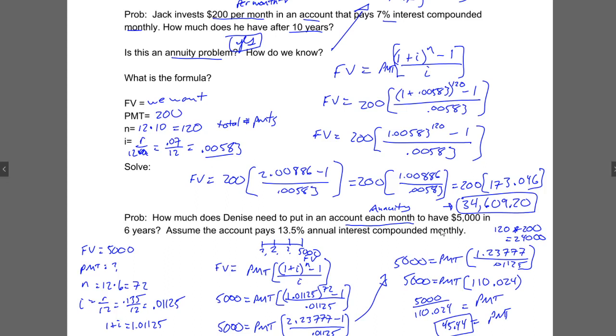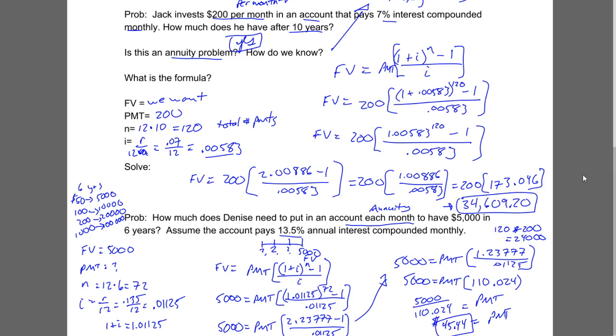And if you end up in a sales job somewhere, you could say, well, you know, for 5 or 6 years, it's $50 per month to get $5,000. So what if you wanted $10,000? Well, we doubled it. So double this, it'd be $100 a month. What if you wanted $20,000? Then you double this one, so $200. What if you wanted 100,000? So you can kind of figure it out in sales, a little chart. And so this times 10, so maybe $1,000 a month. So you get the idea of how that's at this rate of savings. You can make a little chart for the future. The answer for this problem is 45.44, but